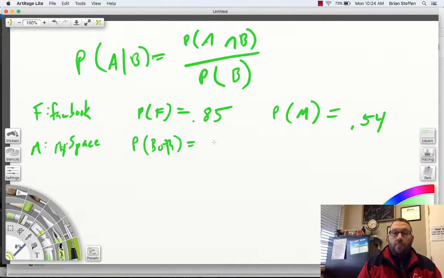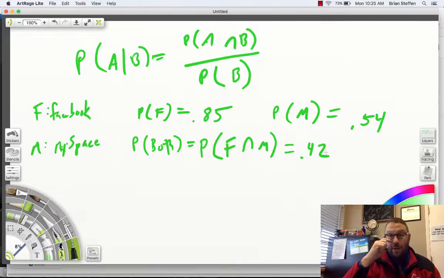Probability of both. Both needs to be interpreted as an actual probability statement. So when you say both, what am I talking about? We're talking about they have Facebook, and then this is key, this is why we use language so much in terms of interpreting, it's Facebook and MySpace. All right. The likelihood they have Facebook and MySpace was given as 42%. The question then asks,